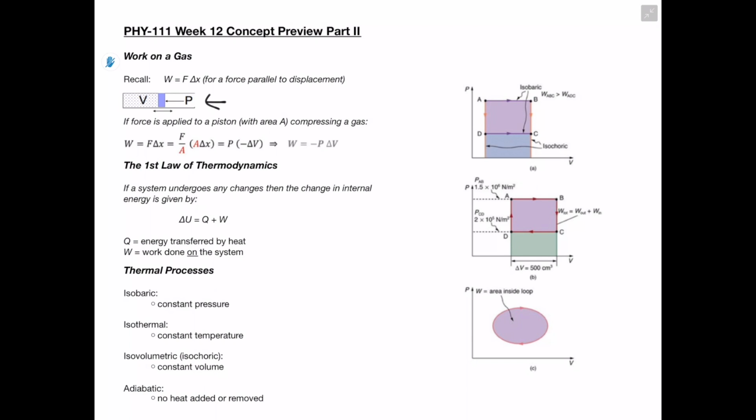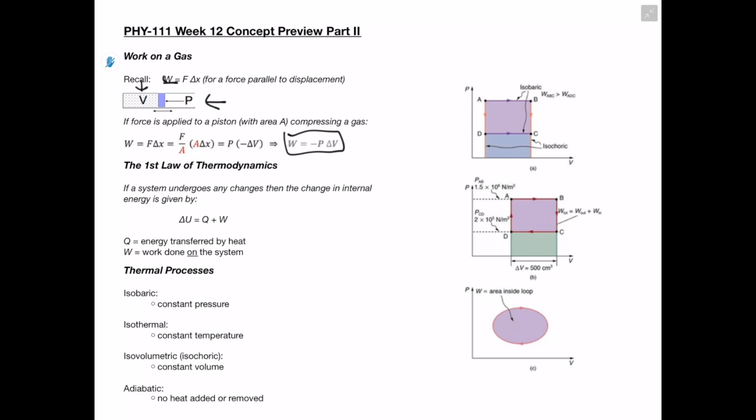And we can see in this little image over here, if we were to have a scenario where we have force applied to a piston compressing a gas, it would look something like this. Basically our force is going in this direction, and here is our gas that's being compressed by this force. We can then define this work on a gas as work being equal to our negative pressure times our change in volume. And this brings us into the first law of thermodynamics,